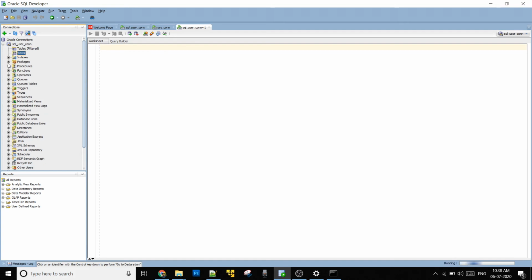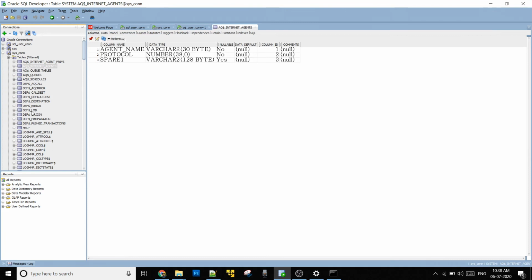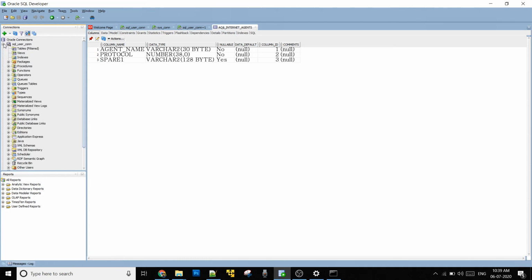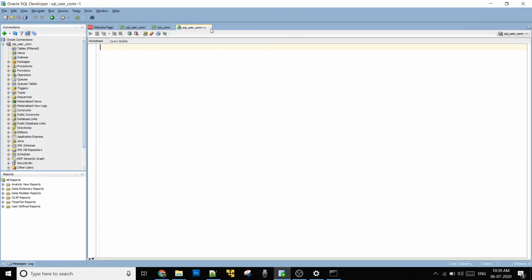You will see a nice workspace where we'll run our SQL queries. However, the question is why we have created a new user. The reason being, if we use the system user, it already has many inbuilt tables and it would be really time consuming to search for our newly created tables. Also, as an admin user, there are chances that we can update a system table by mistake, as this user has all admin accesses. So just to get a fresh connection, we have created a new user.